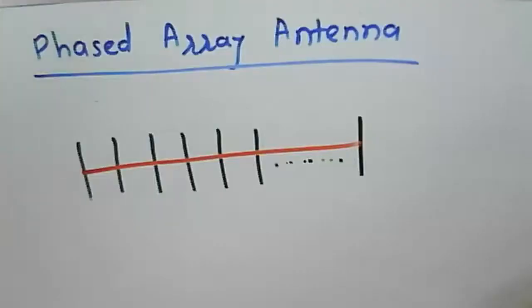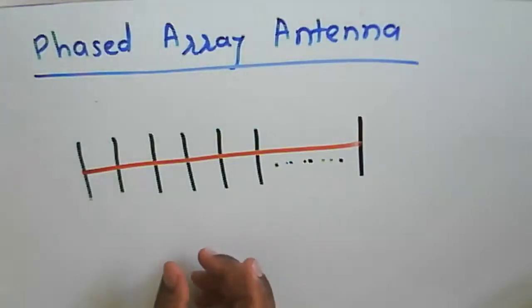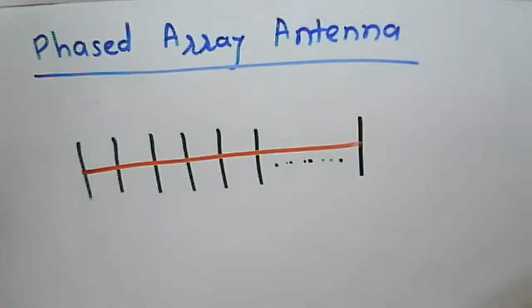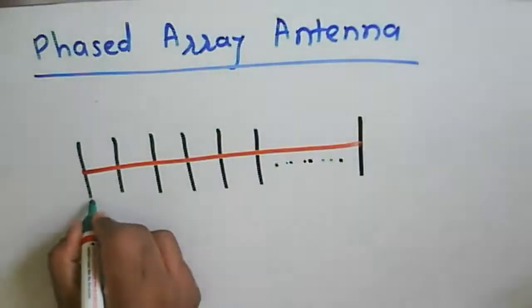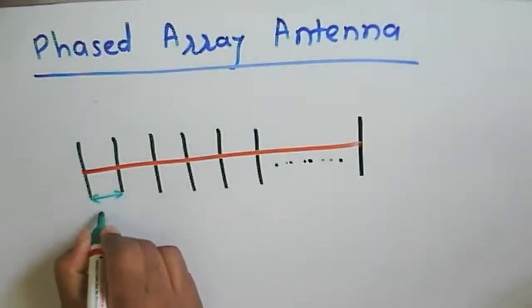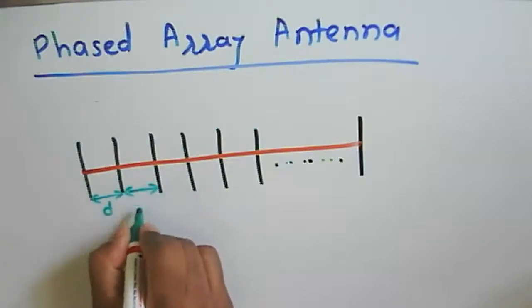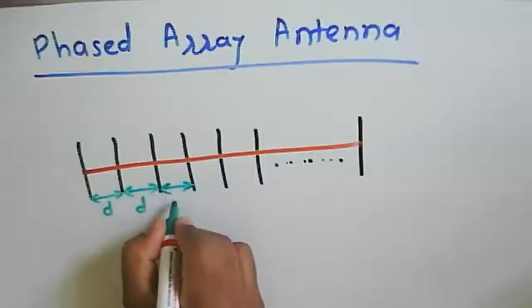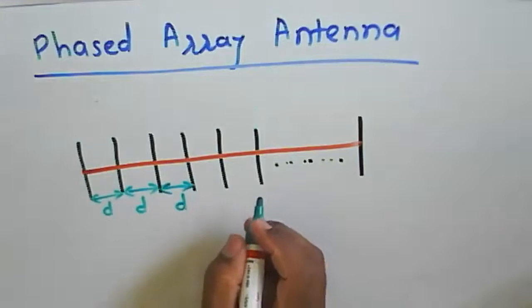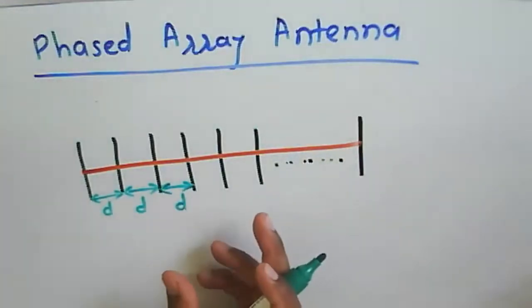Today we see what the radiation pattern of a phased array antenna will be, and how this array antenna can be electronically steered. So now we consider this array antenna. The spacing between each and every element will be d here, and we consider this array antenna